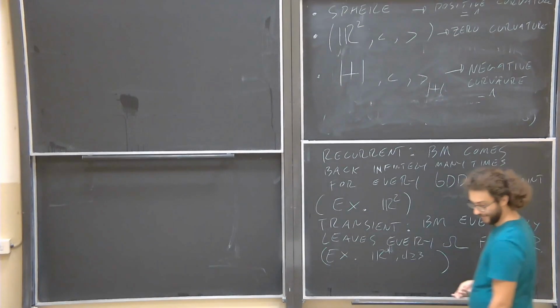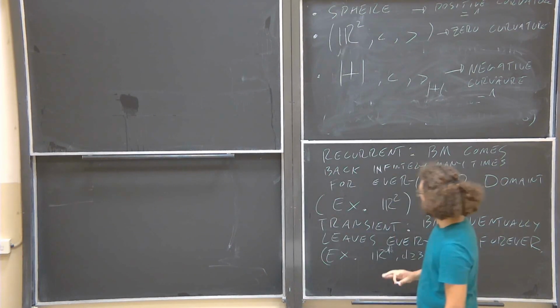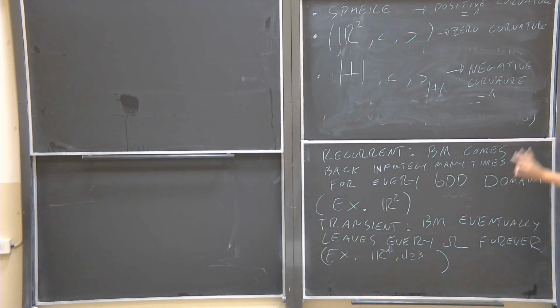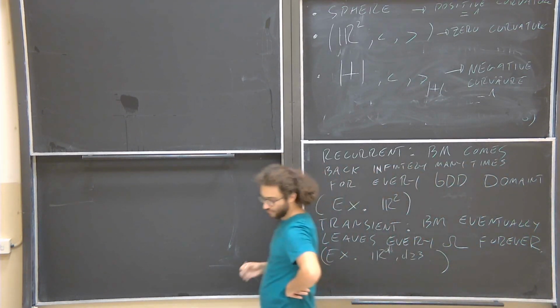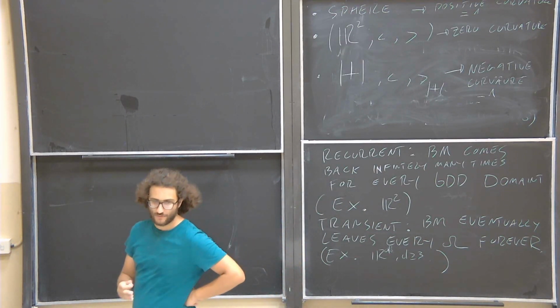Okay, in a minute we will come back to Brownian motion. Just keep in mind what we said here. All the spaces in dimension 2 can be transformed into one of these 3, and this definition will come back, recurrent and transient. Before doing that, just a slight intuition of what we mean by positive and negative curvature.